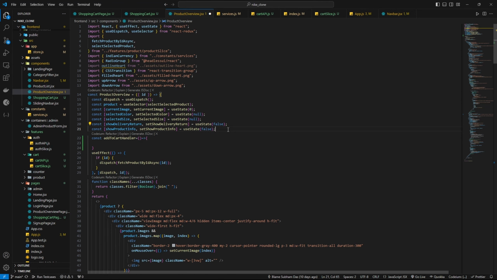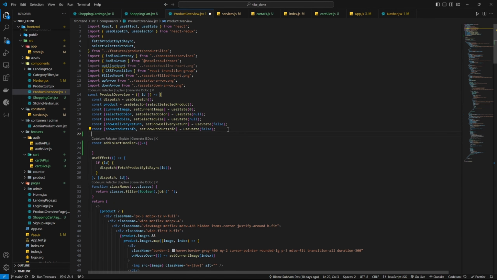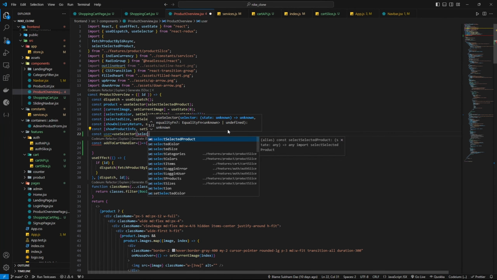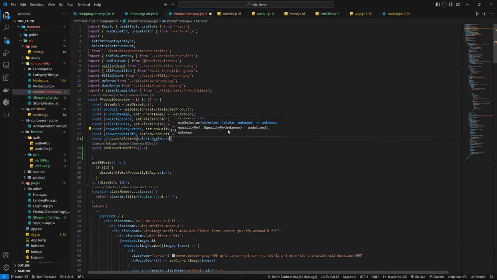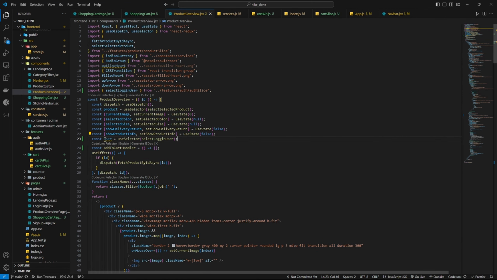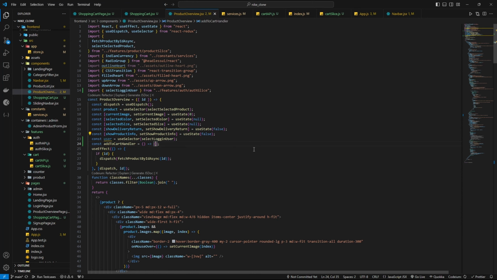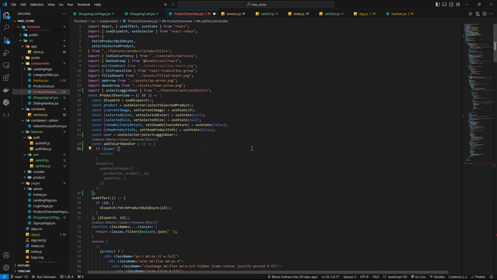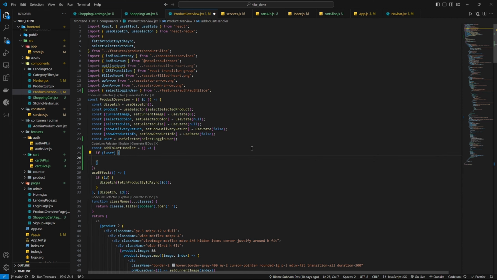So for getting the user we are going to use the select logged in user. So const user equal to use selector select logged in user. Okay, and here we are going to get the user, and if the user is here, then only we are going to allow him to add to cart. And the next thing is